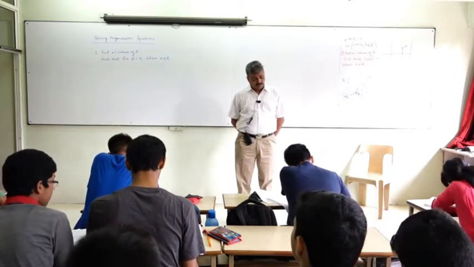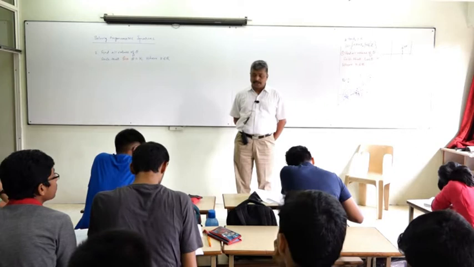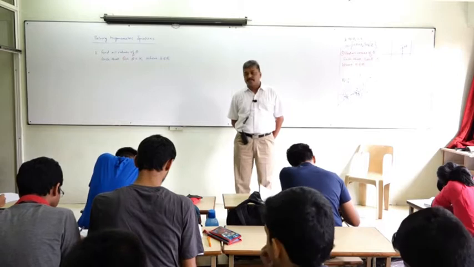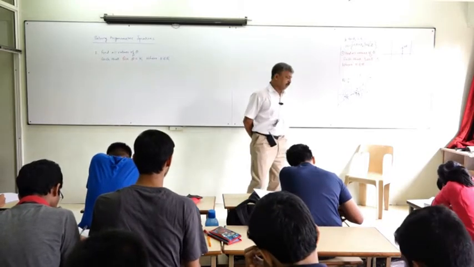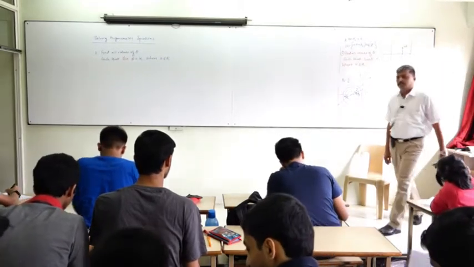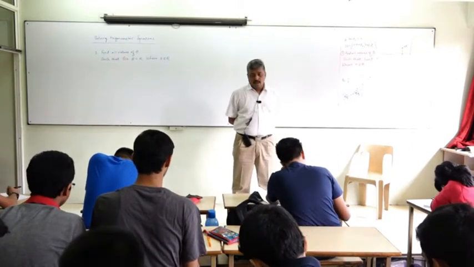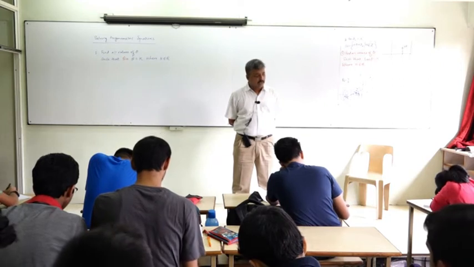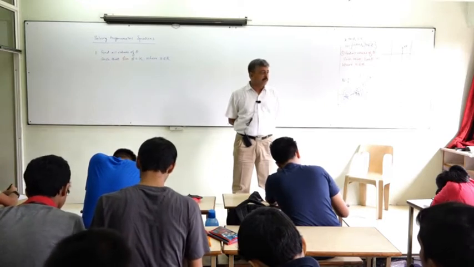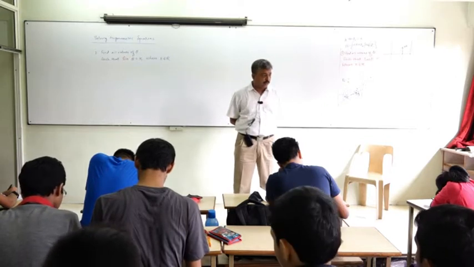What will be the general diagram? Suppose a specific value, if you take root 3 by 2 for example, or half, sine theta is equal to half, then what will happen? Maybe you will get an idea by looking at your graph which values of theta are giving you sine theta is equal to half. Maybe if the graph is drawn properly, we will get the solutions from there also.